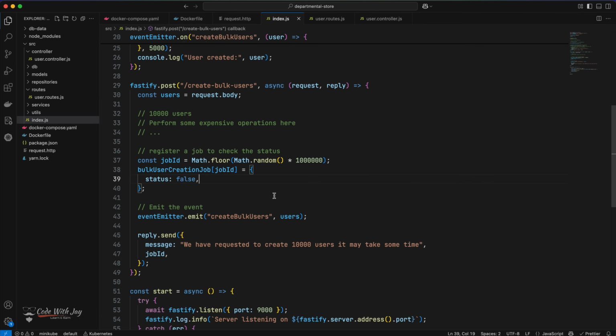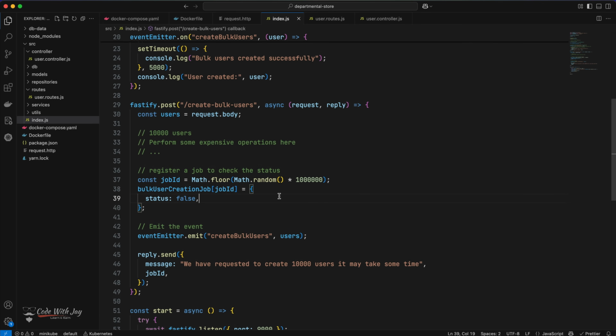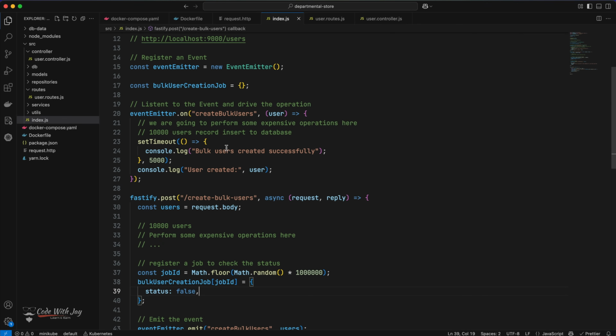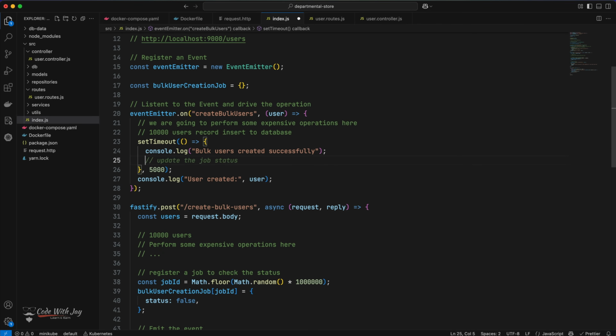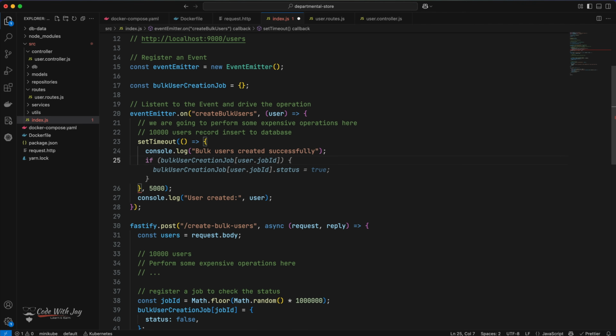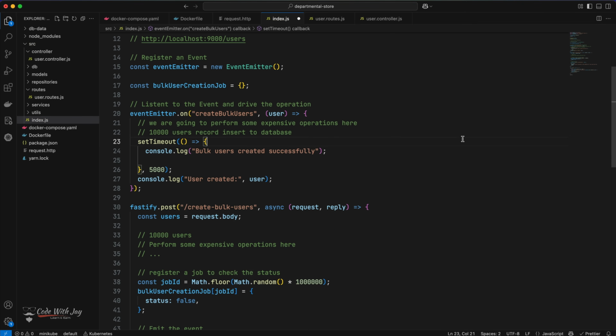If status is true, then our client can get to know our job is done. Then, once the job is successfully created, right after that, we can update this job. While we're going to emit this user event, inside this user request we need to send that job ID as well,